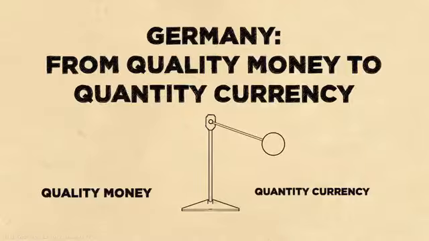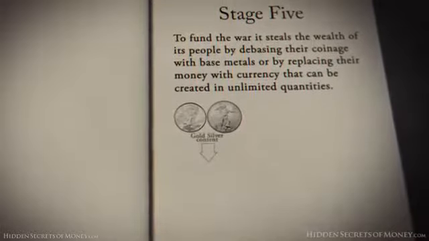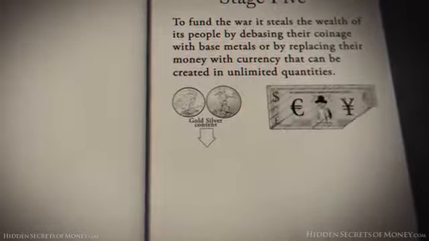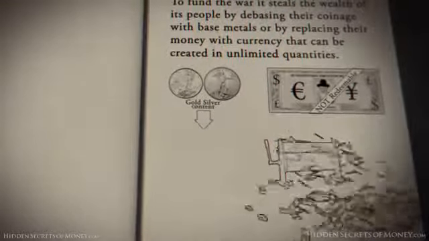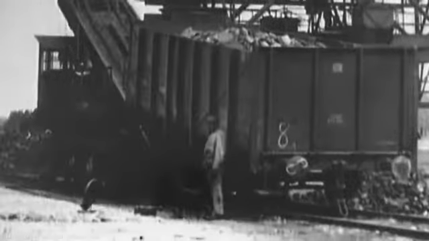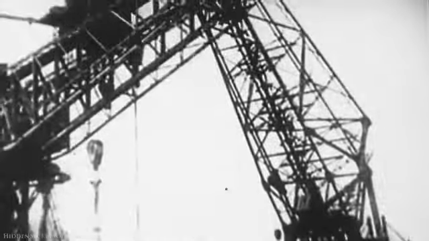As we learned in Episode 2, one of the first things a country does at the outbreak of war is to suspend redemption rights so that their currency is no longer redeemable in gold. This is exactly what Germany did before World War I. After losing the war, they suffered through one of the worst hyperinflations on record when they were burdened with massive reparation payments to France and the Allies. These heavy penalties stifled the German economy and brought it to a standstill, leaving the country with the same two choices all indebted nations have faced throughout history: default on their debt or inflate it away.